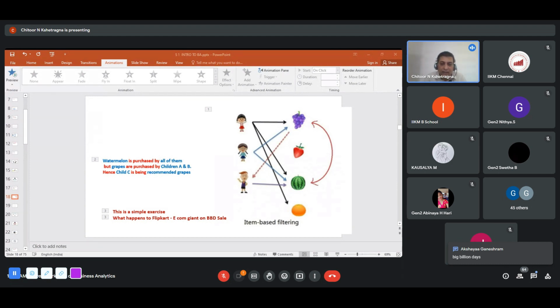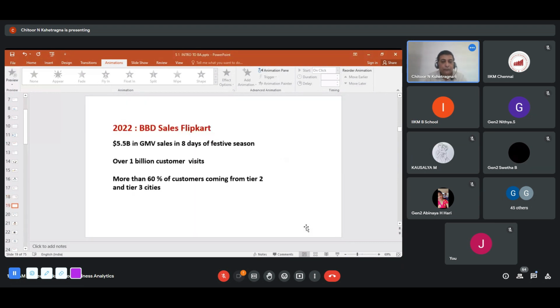Okay, so now can you guess how many customers come on a Big Billion sale? Generally, they will keep it open for 8 days. It's called GMV, gross merchandise value. So the gross merchandise value, how much of products are people buying? Let's say I buy a laptop, I buy a mobile phone, my wife buys something, my daughter buys something, my neighbor buys something, Akshaya buys something else, right? Like that, can you guess on those 8 days how much of sales would be happening? And how many customers would come? Here we are talking about what? Three customers, four fruits, right? And then we are just showcasing it in our PowerPoint. But in real time, you know what happens? I'll throw some numbers for you, 2022 numbers.